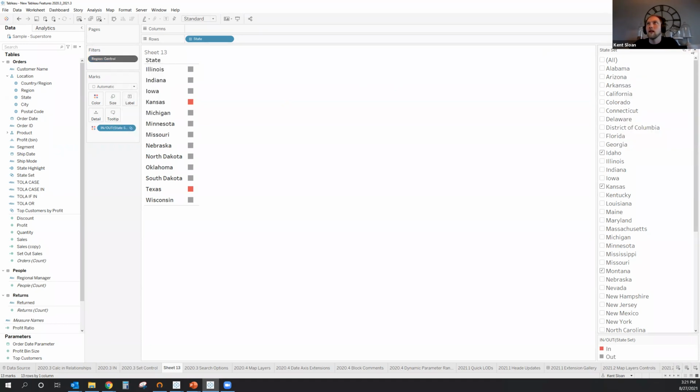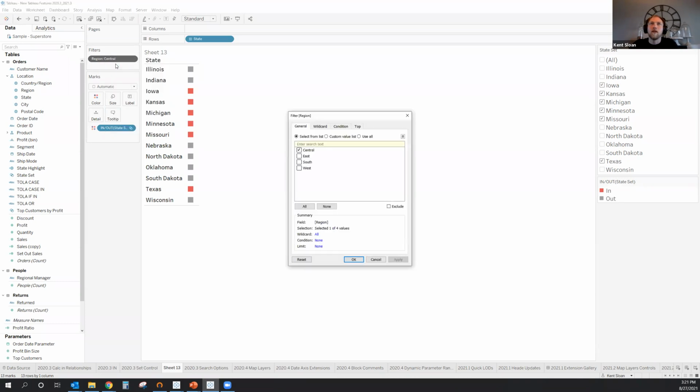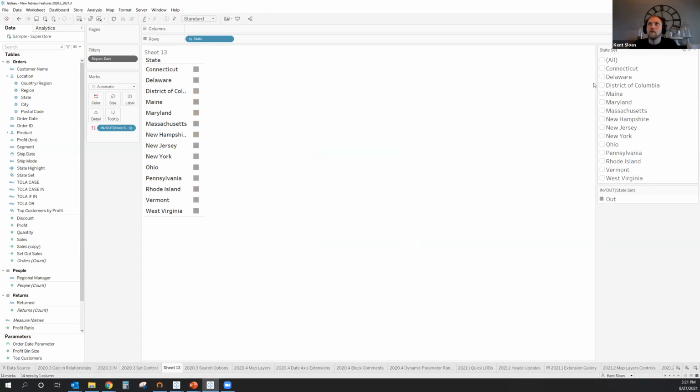Now, if I add this to context, I can come over here and hit all values in context. And now I have a set list that allows me to pick a state. And we see my color changing, adjusting dynamically based upon the region that I have selected. So if I change that, my set list updates. So if we're using sets now, being able to control what's displayed by our filters helps make those a little bit more useful and improves some functionality there.